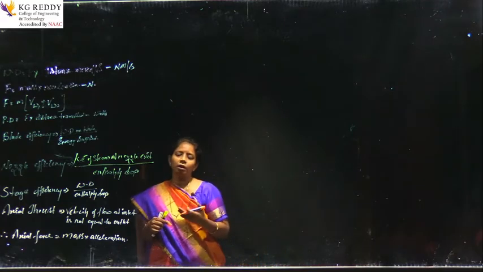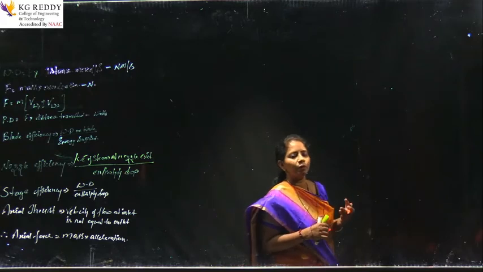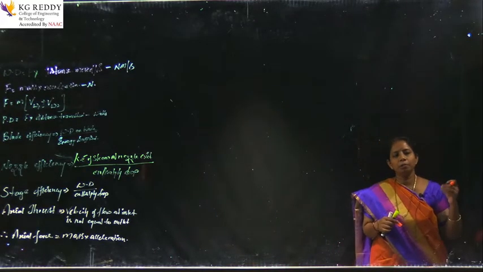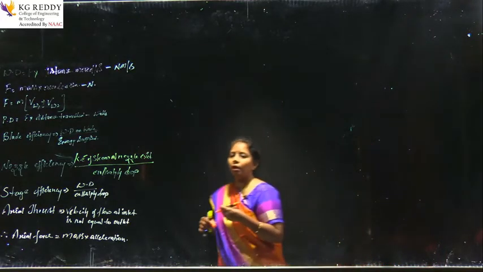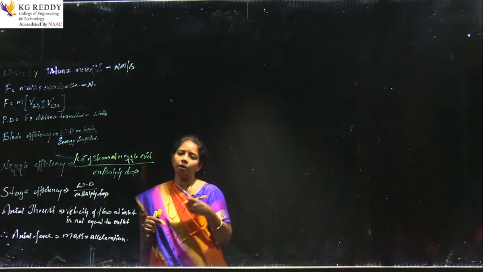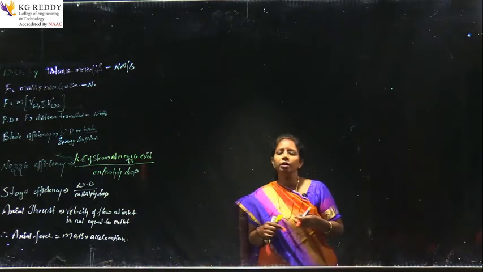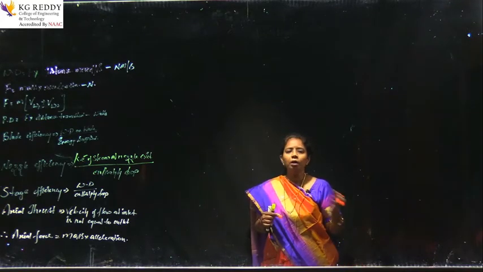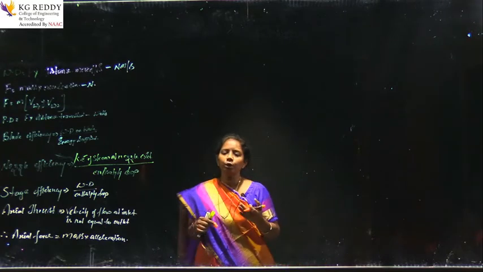This force relation we get from Newton's second law of motion, that is F equals mass into acceleration, right. And what is the mass here? This is the mass flow rate of the steam that flows over the blades, right. And what is the acceleration? It is the change of velocity with respect to time. That means there is some change of velocity within a certain duration of time, right.